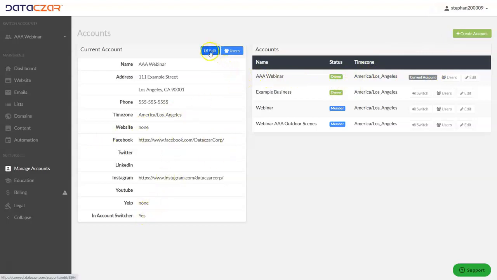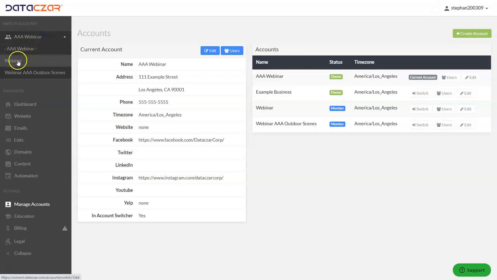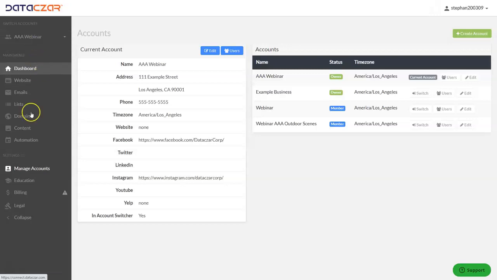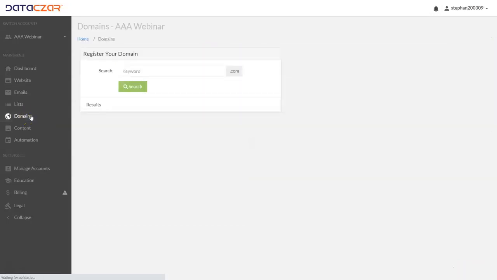So now what we're going to do is we're going to click on domains, because right now on our account switcher we are on AAA webinar. We now have three. We have AAA webinar, webinar, and webinar AAA outdoor scenes. This is the one we just created. It has separate billing, separate website builder, separate everything. So to add a website, we're going to add it right here. We're going to click on domains,